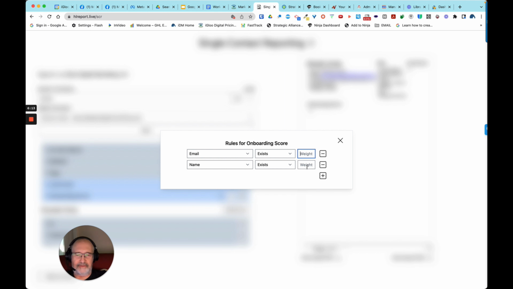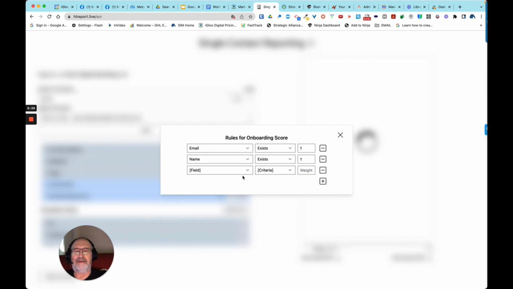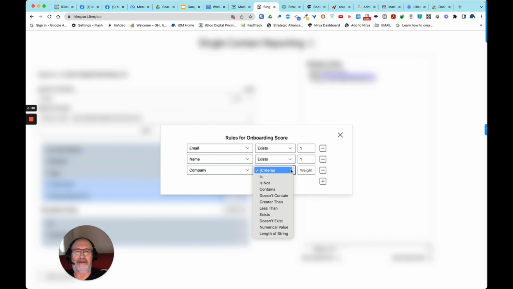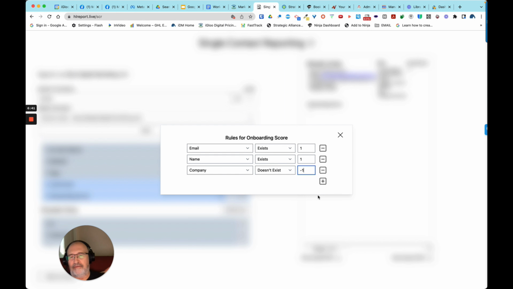let's say, how do I want to do this? Let's say if the email exists, that's a 1. If the name exists, that's a 1. If the company name field, maybe I do that opposite. Maybe if the company name doesn't exist, that's a -1. Whatever. This does not make a lot of sense, but you can get the idea